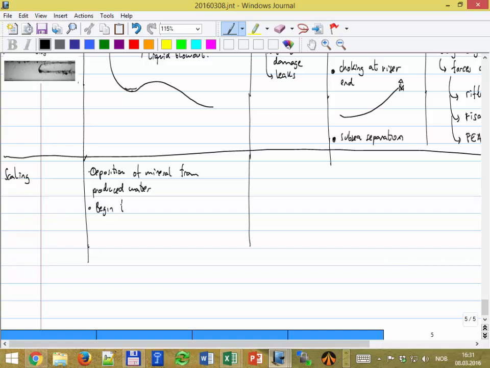Begin to deposit at P and T conditions. Okay, so in that sense it's very similar to the wax and the hydrates, but also it might happen because